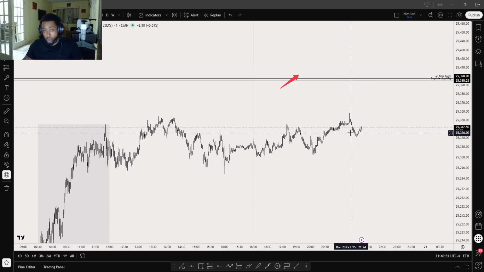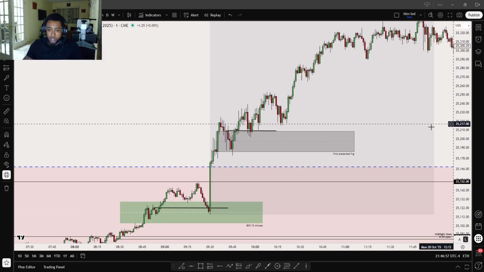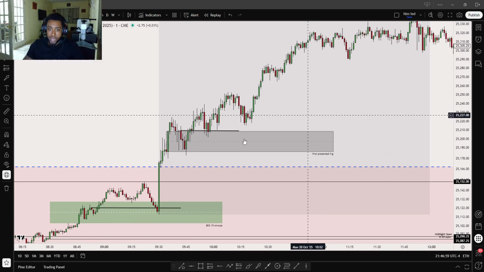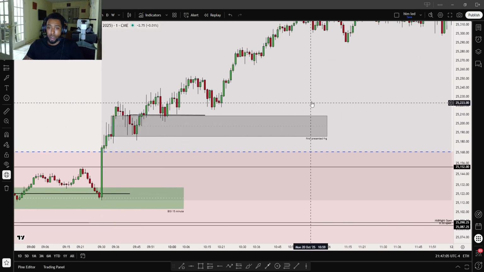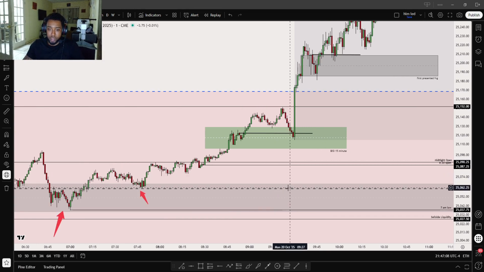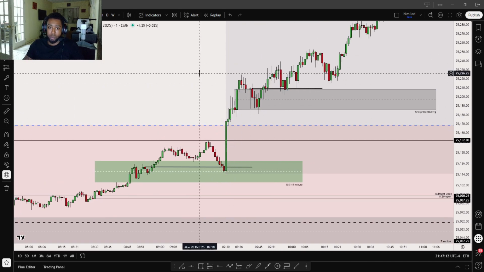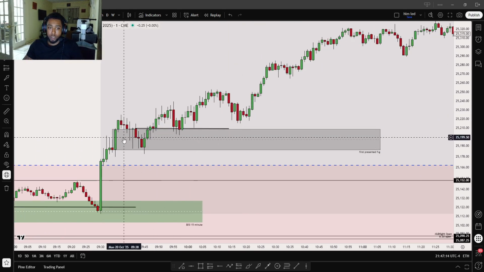So that's what I was thinking about, right? I didn't take no trade today, because I was expecting it to actually come a little bit lower first, maybe come into this new week opening gap, then rally up higher. But you see, we just hit here and rallied, respected this first presented fair value gap,